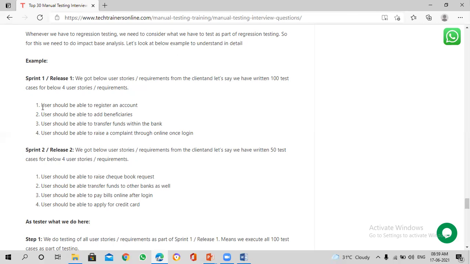Now, in Sprint 2, we got the below user stories. The user should be able to raise a checkbook request online. The user should be able to transfer funds to other banks as well. The third one, the user should be able to pay bills online after login. Another story is that the user should be able to apply for a credit card. Now, in order to develop these user stories,